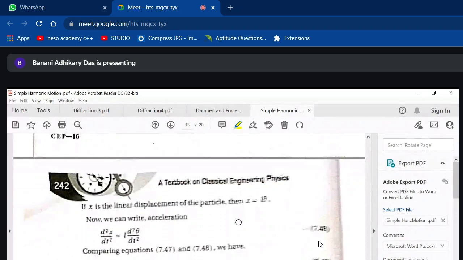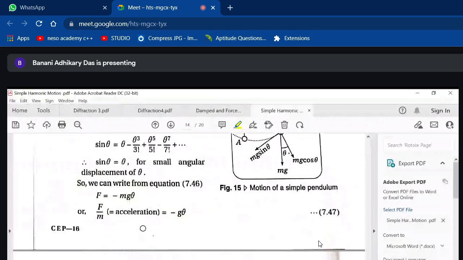Now differentiate: dx/dt is equal to L d theta/dt, and d2x/dt2 will be equal to L d2 theta/dt2. By this time, I have discussed with you extensively about differentiations and partial differentiations, so these things should not bother you anymore. You are equipped now. So this is the acceleration of the system, equal to L d2 theta/dt2. And previously, we also deduced that the acceleration of the system is equal to minus g theta.